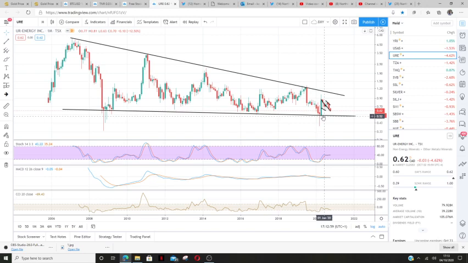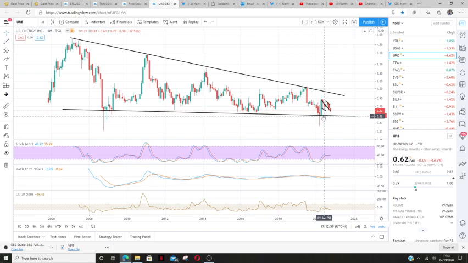Price broke out above that, which was bullish, and then we've formed another one of these bullish descending patterns. It's more of a megaphone pattern this time, where the lines are expanding with increasing volatility